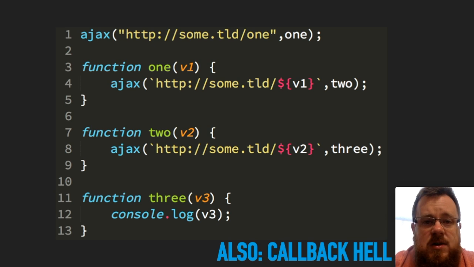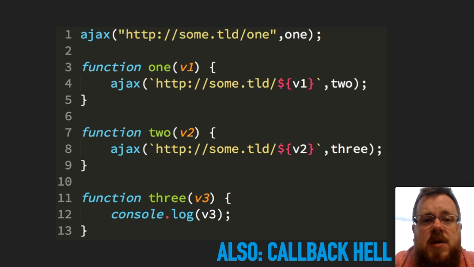So I have a series of asynchronous steps that need to happen in succession. In other words, they can't happen concurrently at the same time, because we can't make the second request until we have the response from the first request. Now, I've reorganized this code, and this could sometimes be referred to as continuation passing style. I've reorganized this code where there aren't nested callbacks. I just have one callback that's referring to another callback that's referring to another.